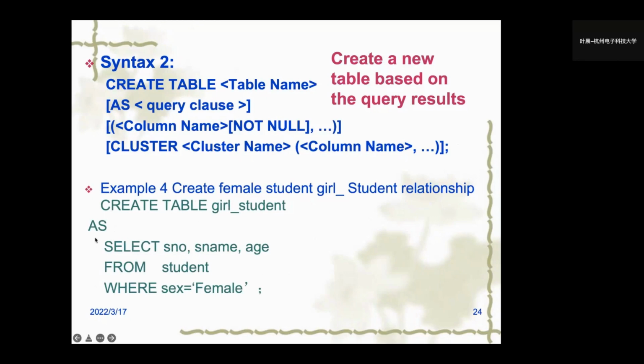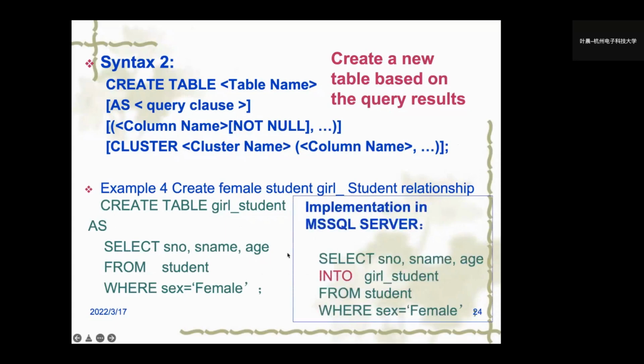And here we have the query clause, and we also have this column name, and this is a SQL language, which is a query language. So that means when we obtain the query results of this query language, we can use these results to create a table called